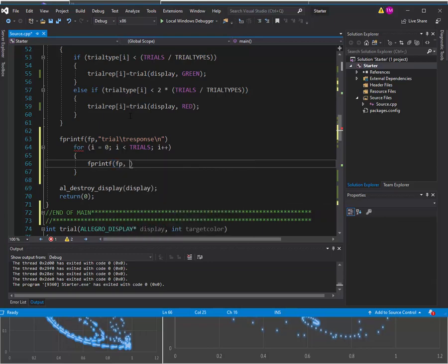And again, we're printing to fp. But now what we're going to print onto fp is an integer. So the syntax here is %i. That tells it I want to write an integer into that space. And then that same